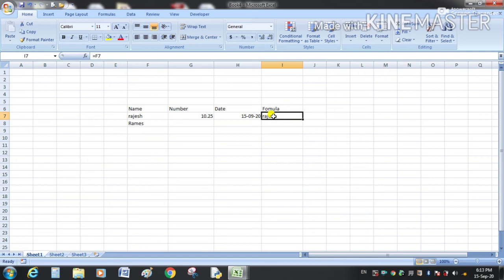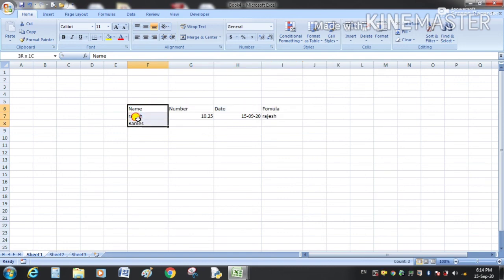Now, how can we select a range? A range is the continuous collection of cells. If I select this data, it is my horizontal range. These are the continuous cells, so it becomes a range.